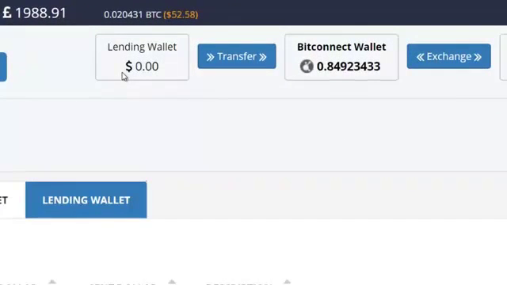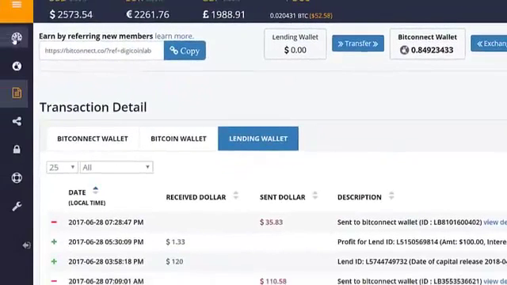I made a boo-boo, and instead of just keeping it in the lending wallet, I sent it over to my BitConnect wallet. That was a boo-boo on my part. So I just wanted to show you what you would do if, let's say, you had $10 sitting in your lending wallet and you wanted to lend that, so that $10 or that $20 or that $30 also starts earning interest potentially on a daily basis. So what you would have done, and again, I just made a boo-boo, you would have come back to the